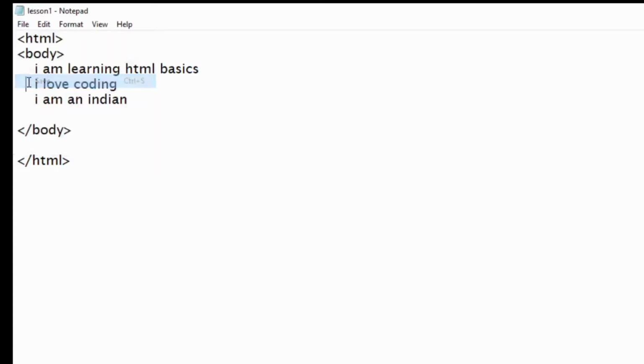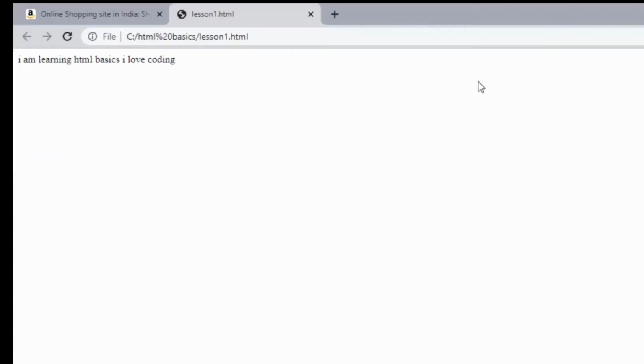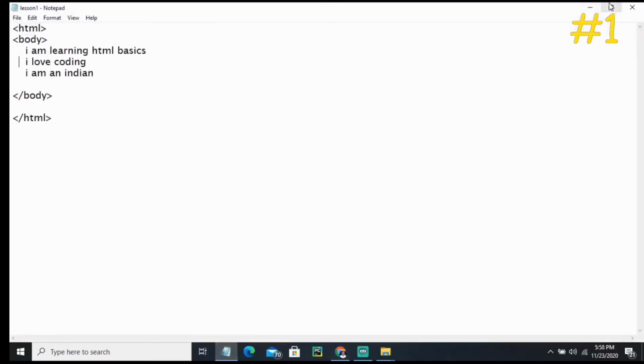After saving, just minimize this, open the browser, and refresh it. It will get updated. See, now after updating, I am an Indian. We have written it here.